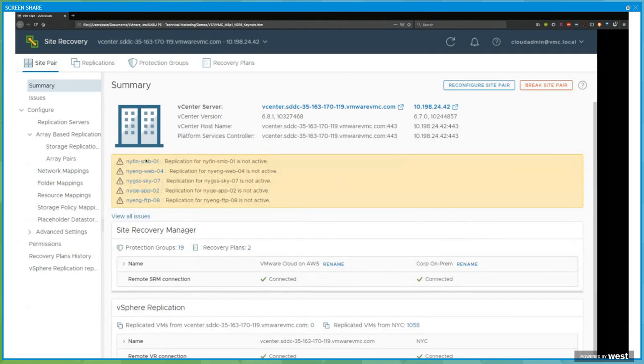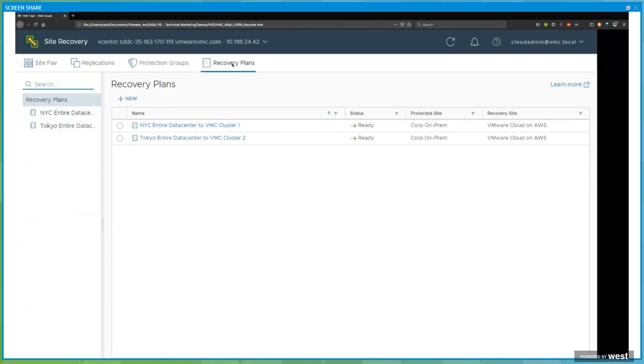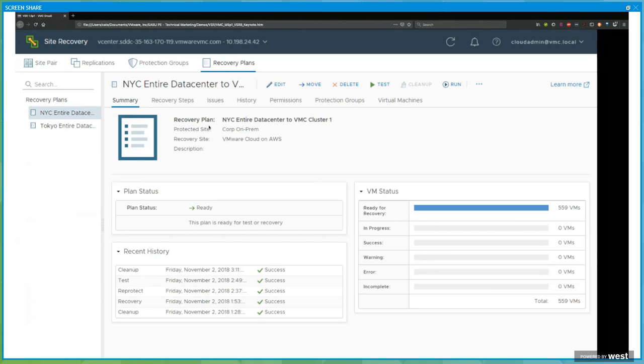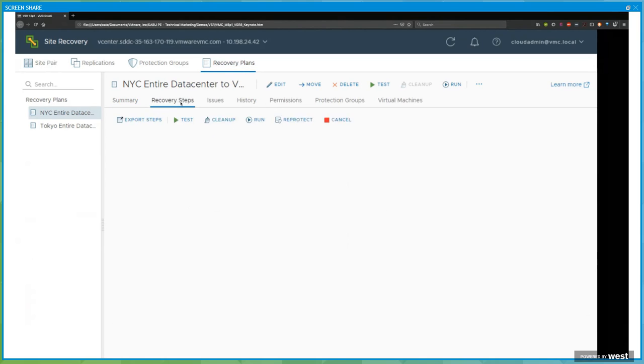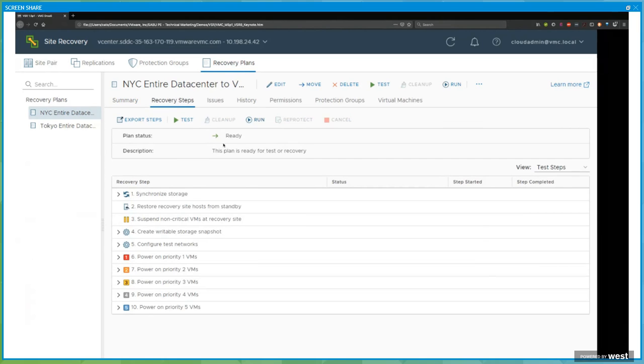Just looking at the summary page, we see that these errors are just related to the fact that replications aren't working because our production site is currently down. And we're going to be talking a little bit later about some of the details of protection groups and recovery plans and things like that. For right now, the important thing to note is we have a recovery plan specifically for this situation. New York City, entire data center failing over to VMC cluster 1. So take a quick look at those recovery steps, and we're just going to kick off